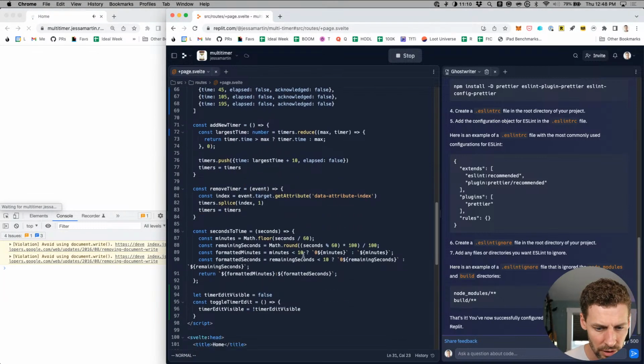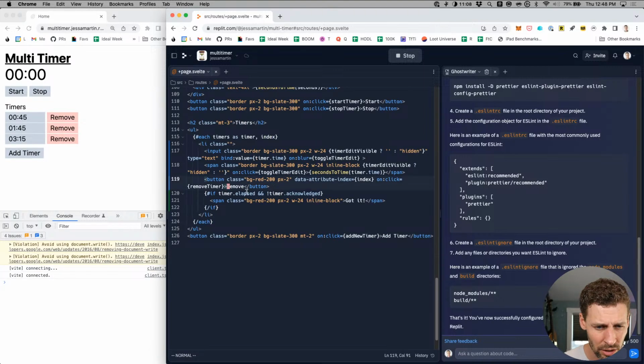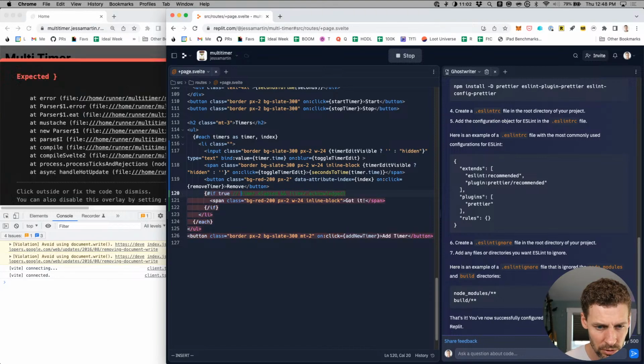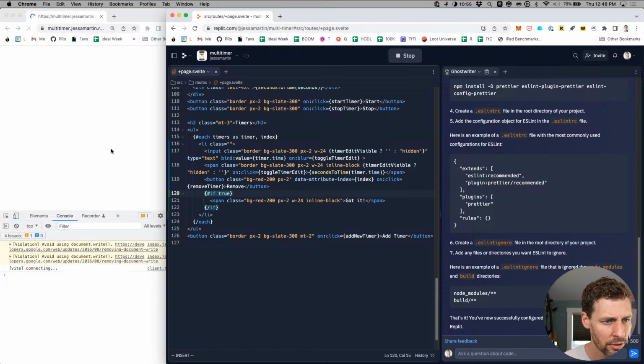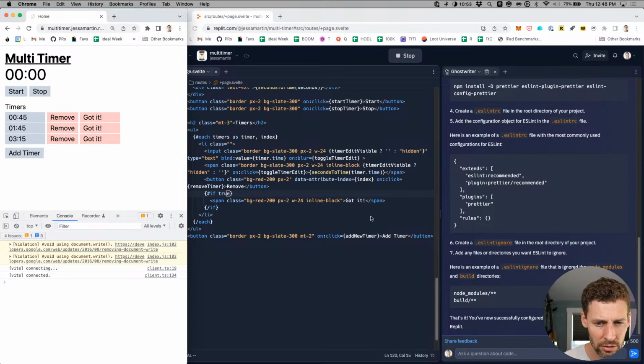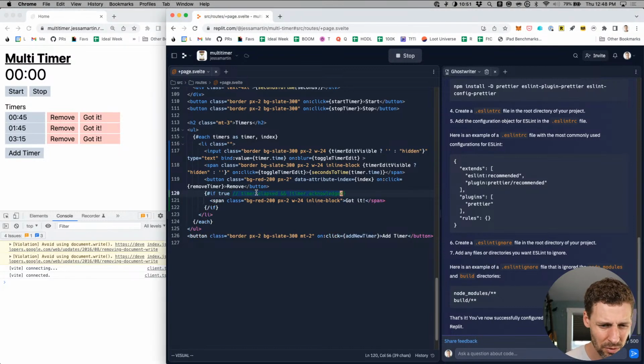Let's try this. Let's clear my conditional and always show this. If true. I wonder if I can comment out the rest. I can't. How about that? If true, let's make sure that we've at least got this formatted correctly. Yep, there it is. Got it. So then back to my thing before.